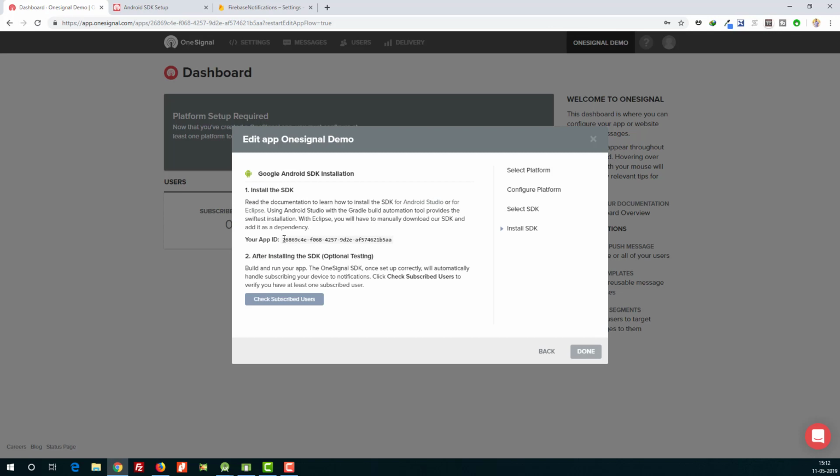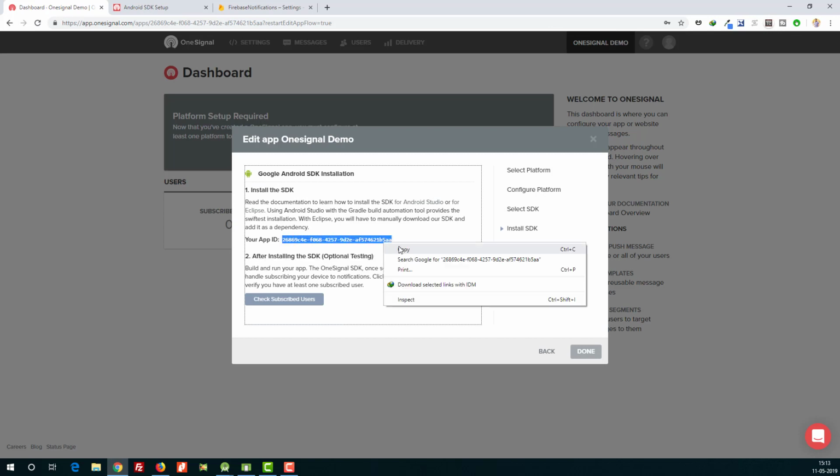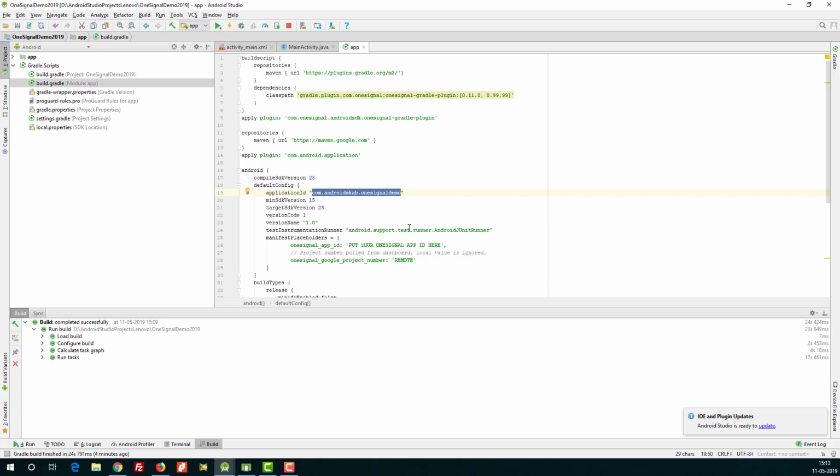Now copy this app ID and keep this page like this only, don't close it. Then go to Android Studio and paste it here.